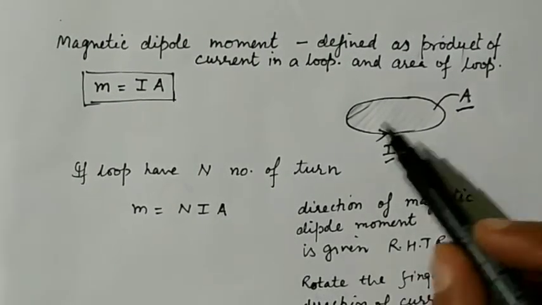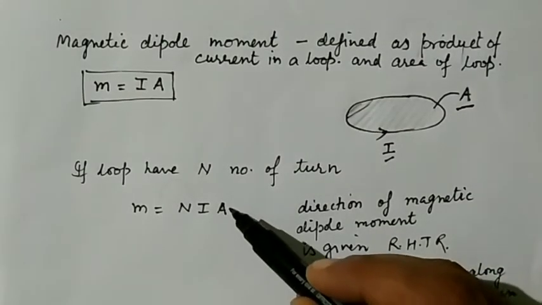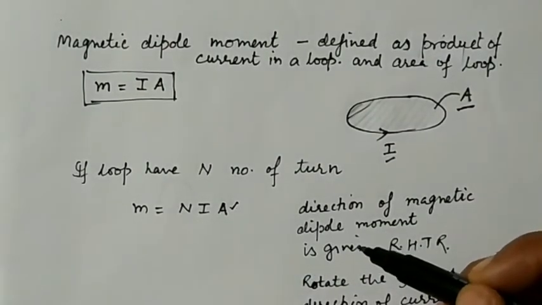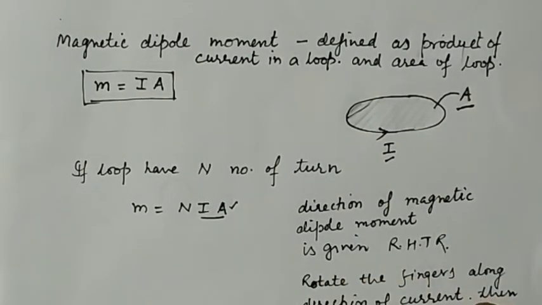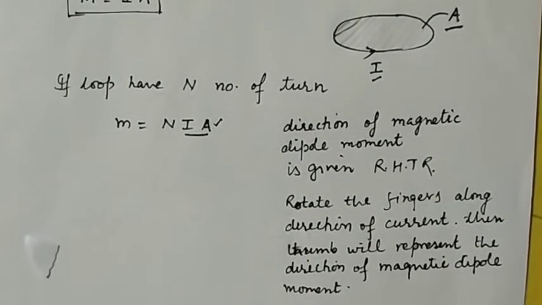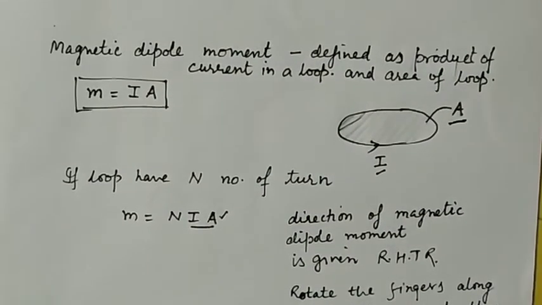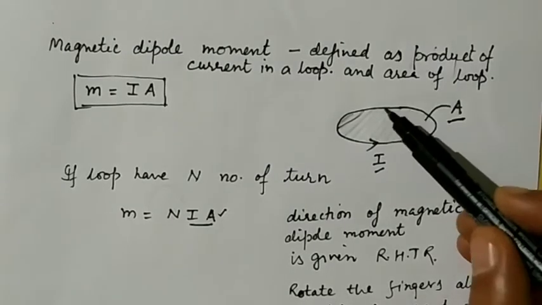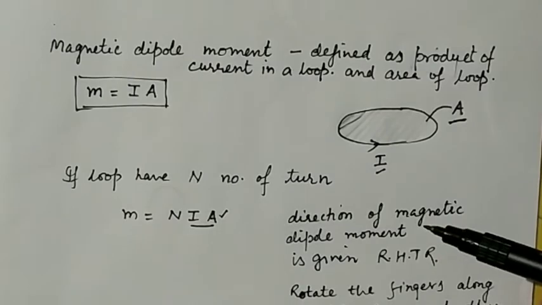If this loop has N number of turns, then the magnetic dipole moment becomes capital N multiplied by I into A. Now, the direction: magnetic dipole moment is a vector quantity, so its direction is given by the right hand thumb rule. What is the right hand thumb rule? Rotate the fingers along the direction of the current, then the thumb will represent the direction of the magnetic dipole